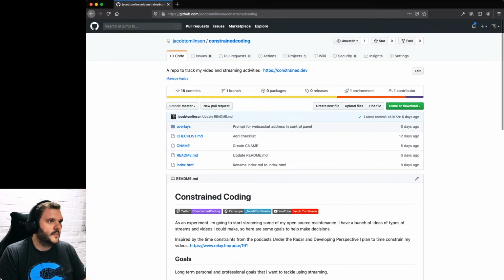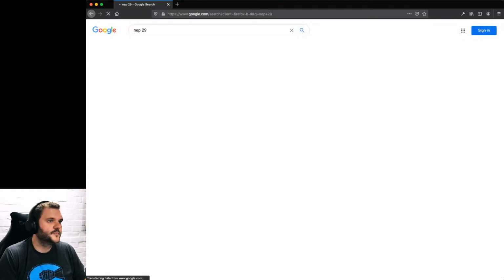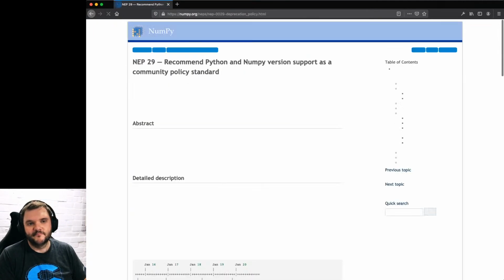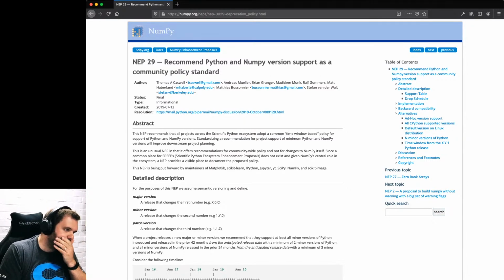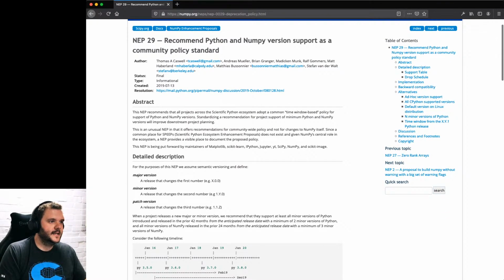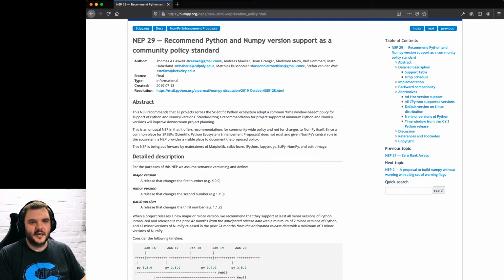So I'm going to go to NEP 29. Somebody submitted this proposal. It's been accepted and implemented, like enhance NumPy. So lots of community-based stuff in Python projects is referred to this way. NEP 29 is all around which Python versions NumPy should care about, and which NumPy versions should support which Python versions as time goes on. At the beginning of the year, we dropped Python 2 completely everywhere.